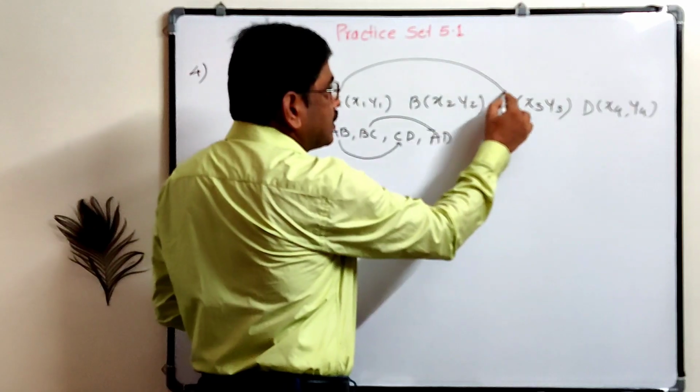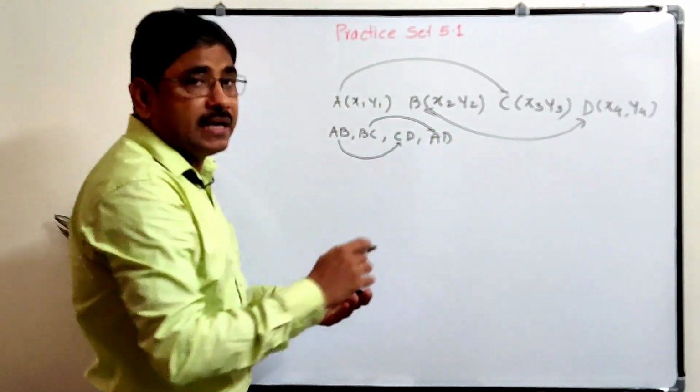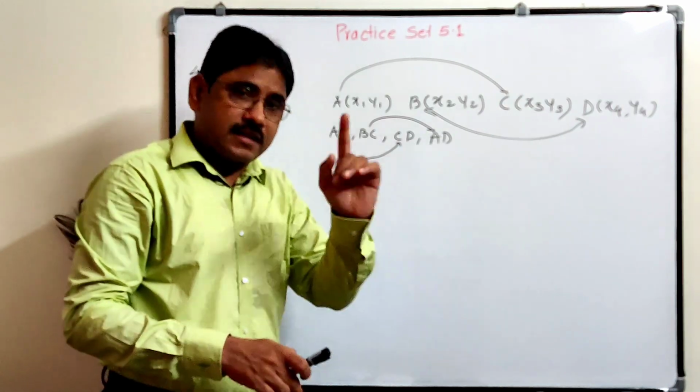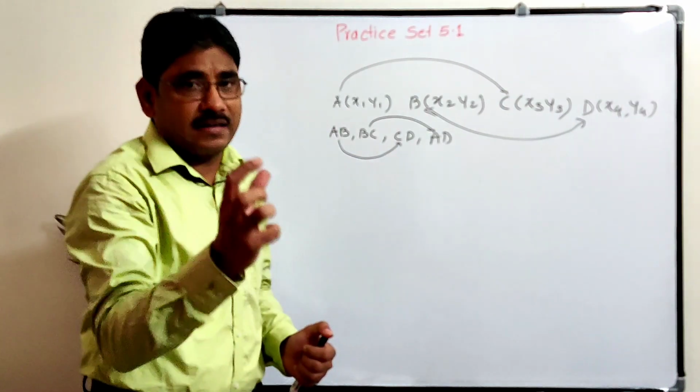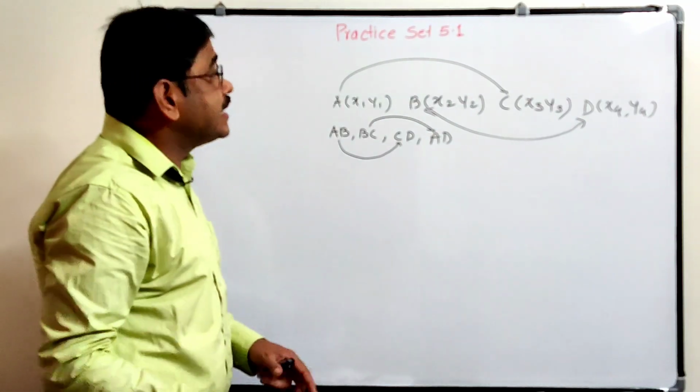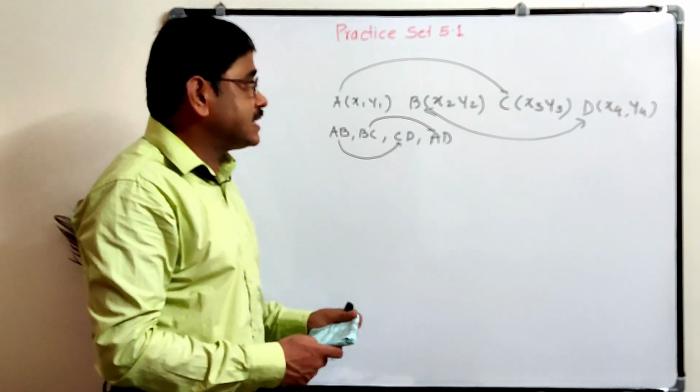AC is one of the diagonals and BD is the other diagonal. Find distance AC and BD. If both are equal, it is a rectangle. So you must know the properties of those quadrilaterals. Then you can solve any sum. Whenever we have to prove these are the vertices of a rectangle,